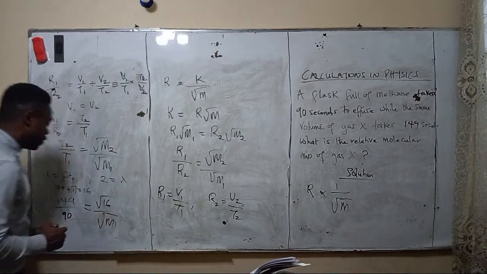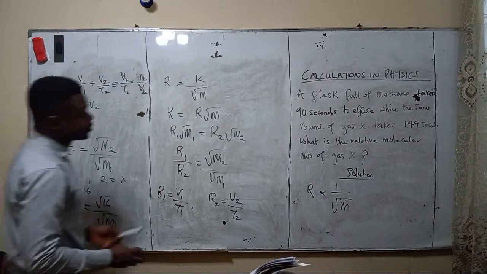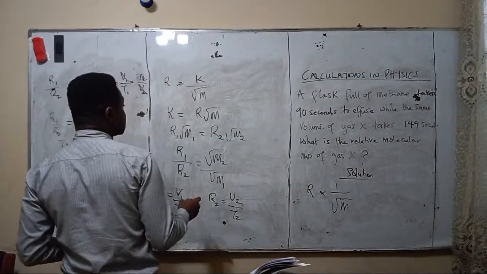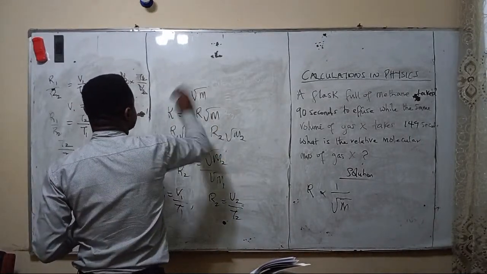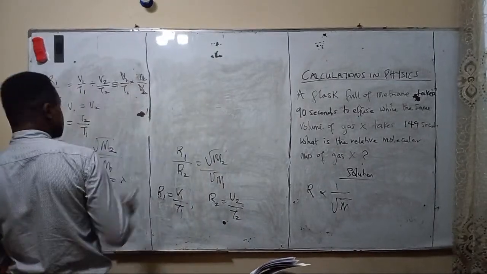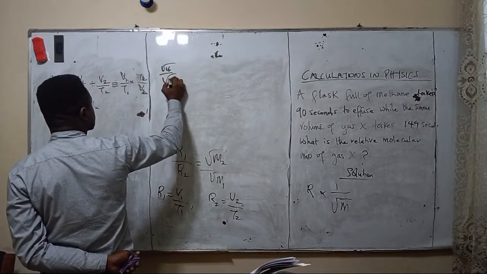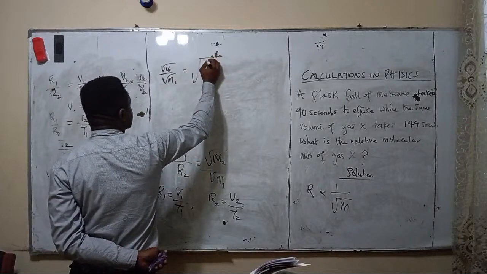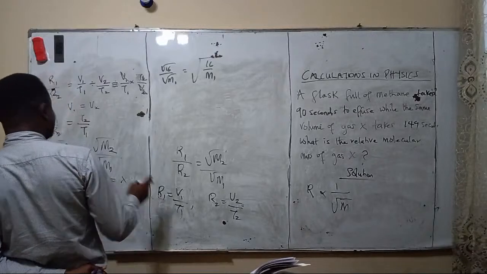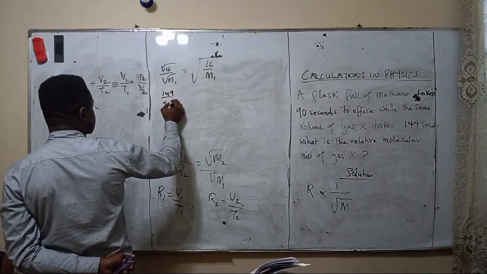So using the law of indices, root 16 over root M1 is the same as saying root 16 over M1. That's the meaning. So we can say that 149 over 90 is equal to